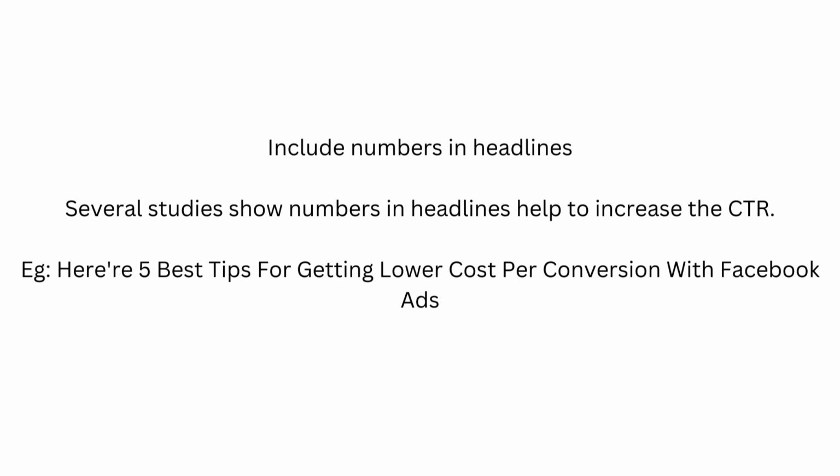For example, one of the ad copies that has worked so well for me over the past 4 months has been an ad copy that I started with, here are the 3 secrets of. That was the start of that ad copy, and a lot of people want to discover what these 3 secrets are. So as much as possible, include numbers. All right. For example, here are my 5 best tips for getting lower cost per conversion with Facebook ads. You can always tweak this no matter the industry you are in. If you're in the health niche, money niche, sex niche, relationship, you can always find a way to include numbers